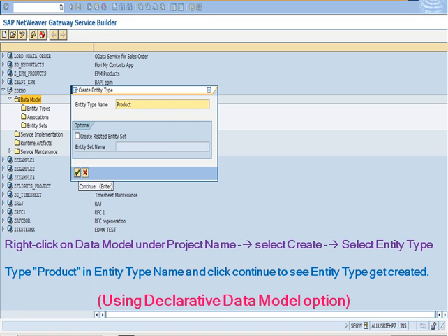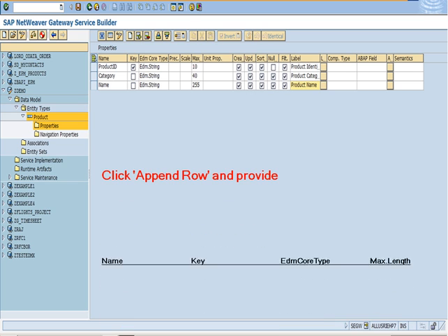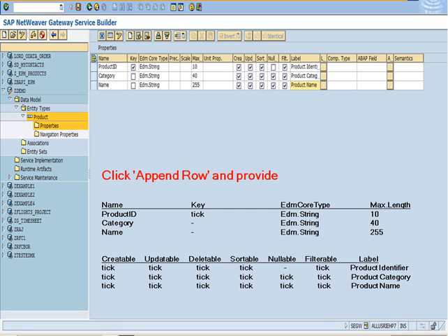Here we are using the declarative data model option for creating the data model. Expand product and double click on properties. Click append row and provide values as shown. Once you have provided all the values,